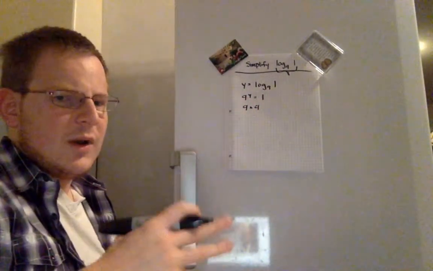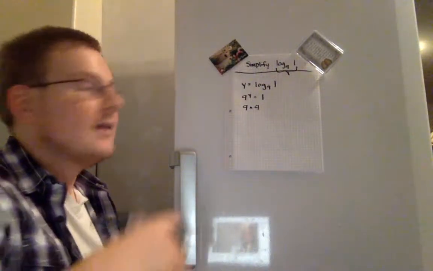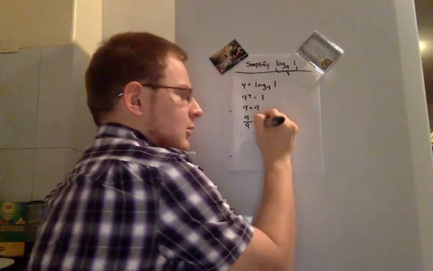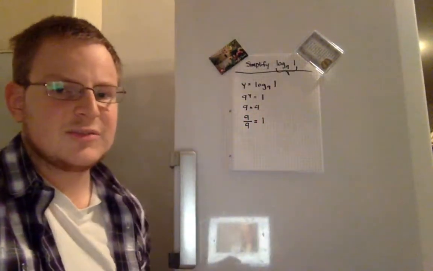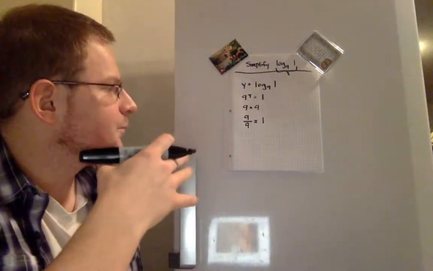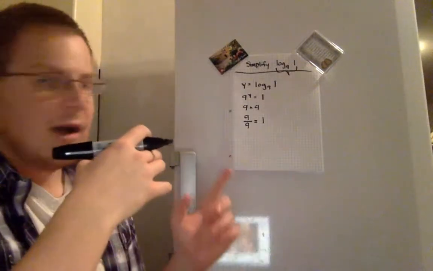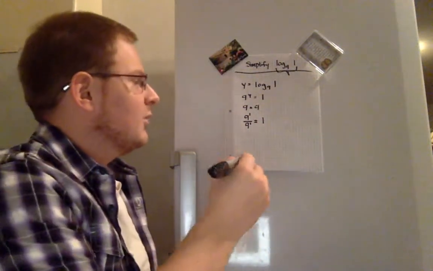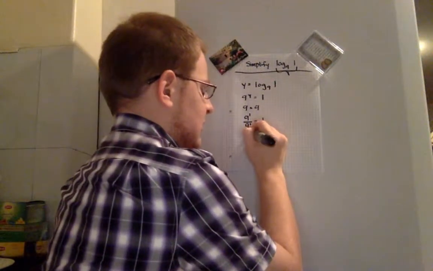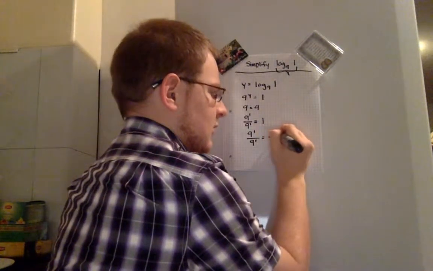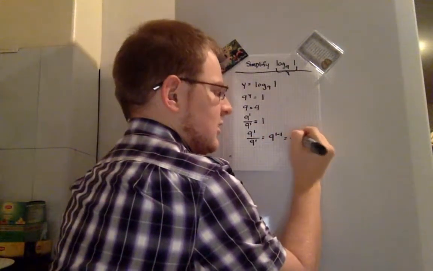So what happens if we take, for example, 9 divided by 9? That's equal to 1. But how do we express that in terms of actually doing the math? Well, we know that 9 is 9 to the power of 1. And we know by the rules of exponents that 9 to the power of 1 divided by 9 to the power of 1 is equal to 9 to the power of 1 minus 1, which is 9 to the